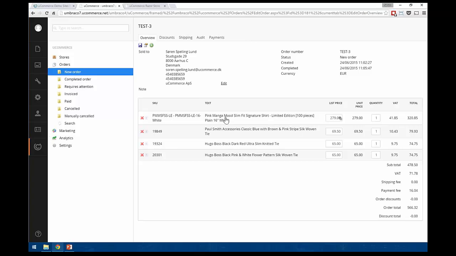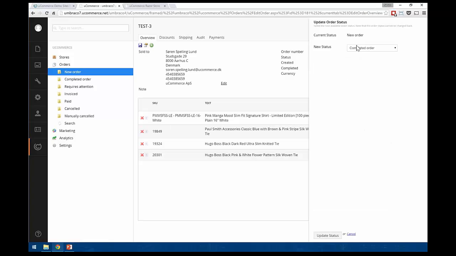All right. To deal with business logic, and this is actually where one of the new things from 6.7 comes into play. I showed you the ability to change the state of an order, and of course you can hook into the workflow around that, the actual business logic around it, via a concept we call pipelines. A pipeline is a series of steps that are performed at a given point in time in uCommerce.